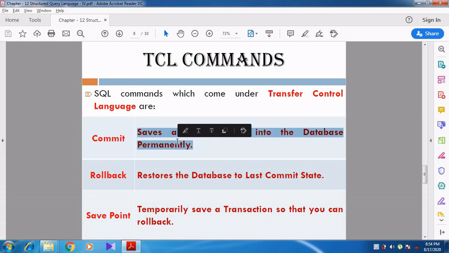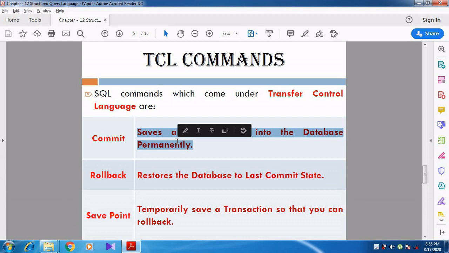So whatever transaction you may have done, for example, inserting a new record or deleting an existing record, or truncating any one table. Truncate and delete are different. Delete is used to delete all the records, but the space is kept as it is.